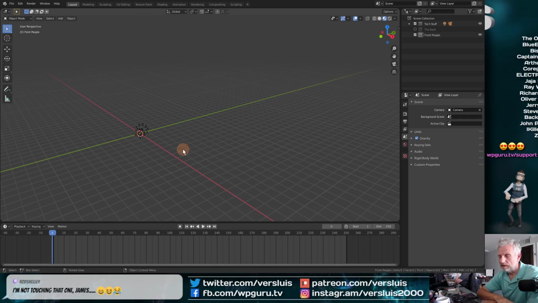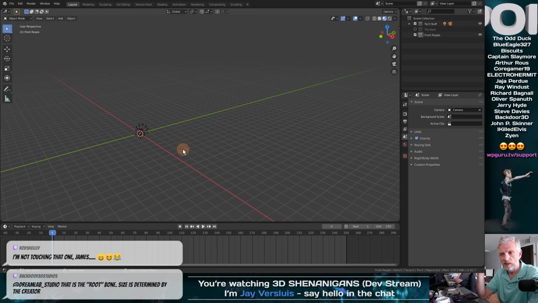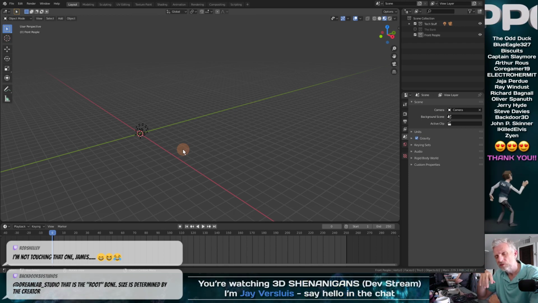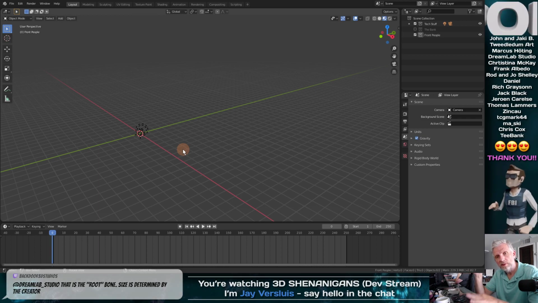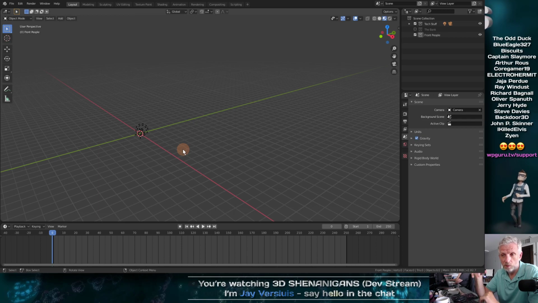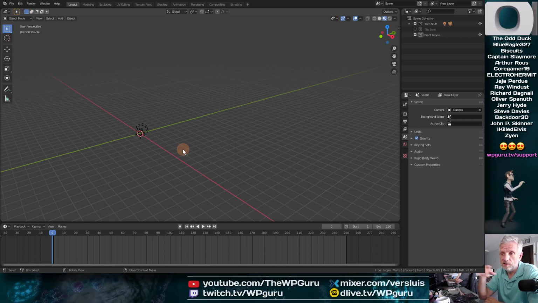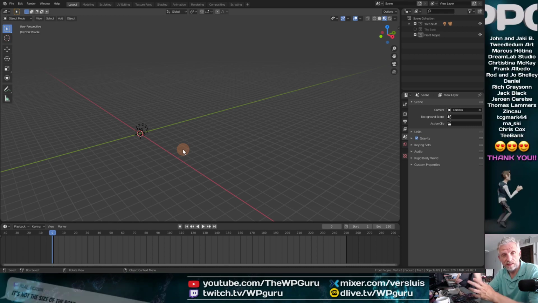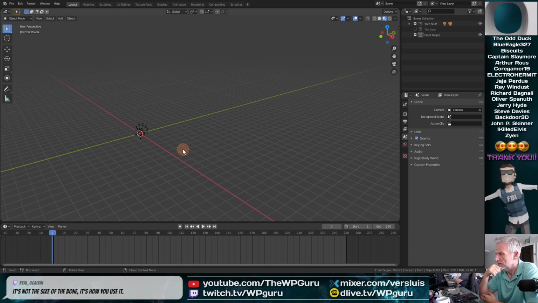Do you know, I don't really know. The size of the bones in the FBXs that I've looked at varies greatly, and I don't really know why. I suppose they're either guide bones or they're not scaled properly, or the developer just left them at the default size. Even if they stick out of the character, you can just make them smaller. When you rig the character, you can make the bones as big or as small as you want. And some people either don't do that or the FBX doesn't translate that.